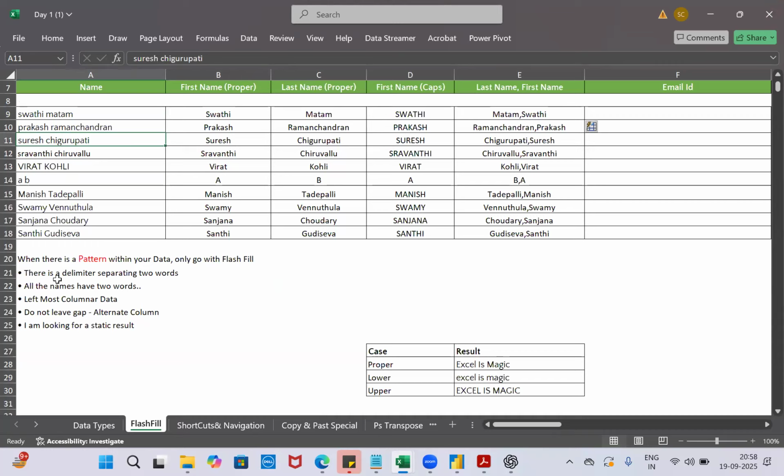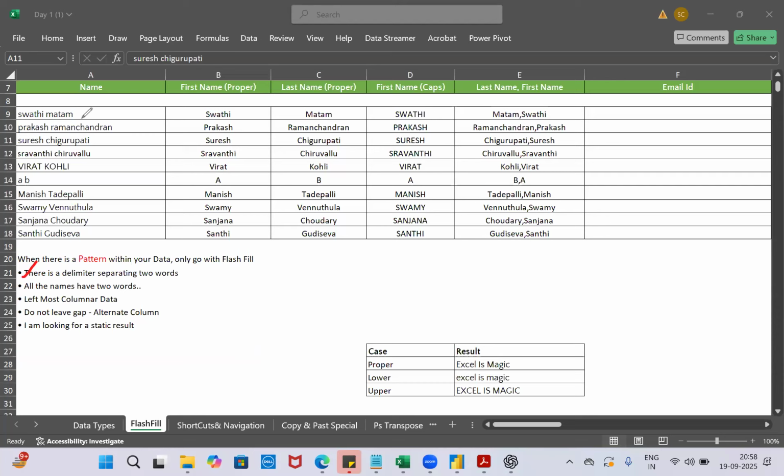Pattern should be the same, and there should be a delimiter. Here the delimiter is space, comma, underscore, full stop, dot. All these are known as delimiters. There should be delimiters which help you separate the data.